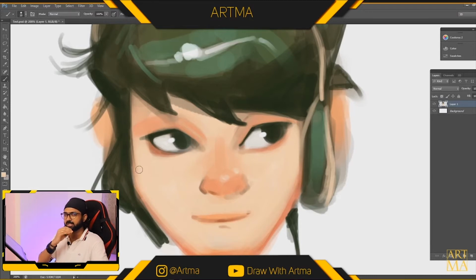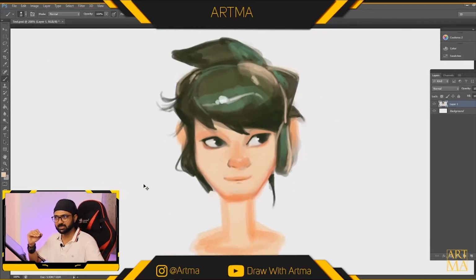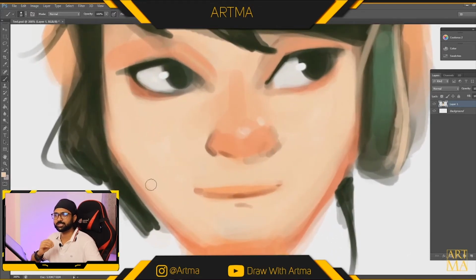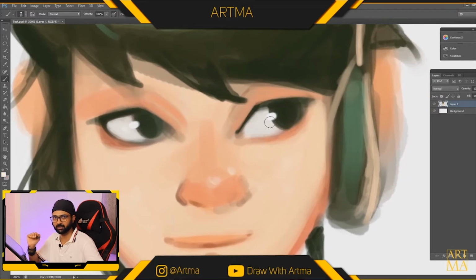You can see that I have made a simple line in the center. At the same time, I have added another small shadow a little under the center line of the lip, right? What that does is essentially it makes you